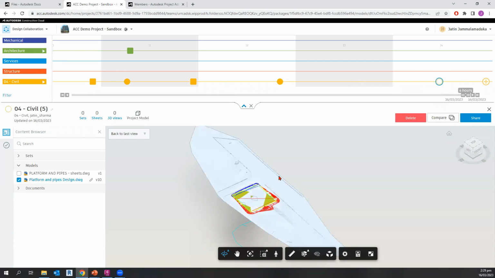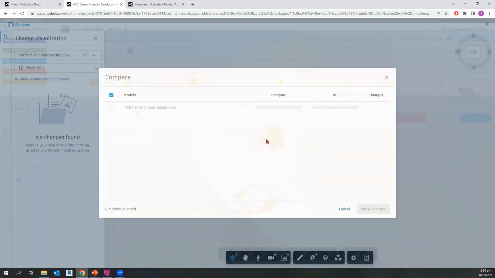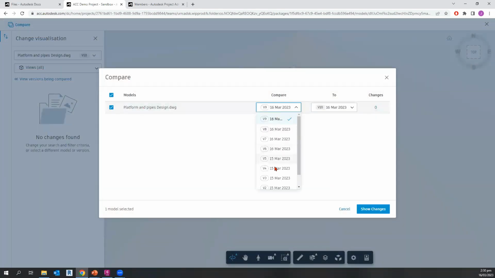And there's a couple of things that you can do in here just to make your life a little bit easier. One of them is this compare tool. And what the compare tool does here is that it actually visualizes changes between the different versions. So if I hit this compare button, and I want to say, well, I want to know the difference between, let's just say, for example, version 1 and version 10. There's 7 changes that have been made, okay, since the first time that it got uploaded till now when I'm sharing. So if I hit show changes,